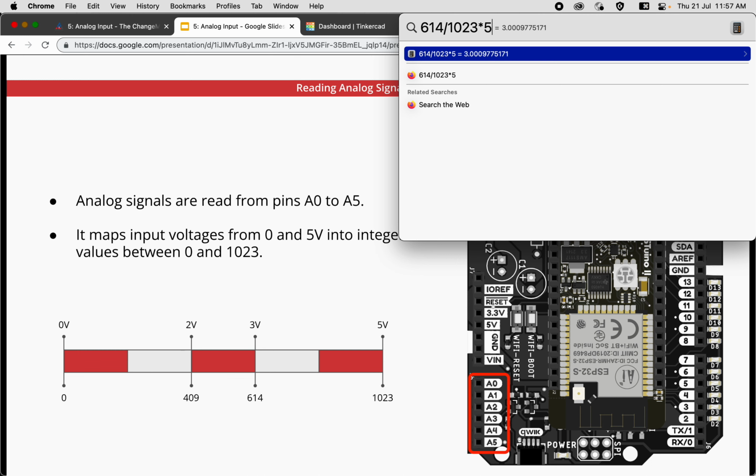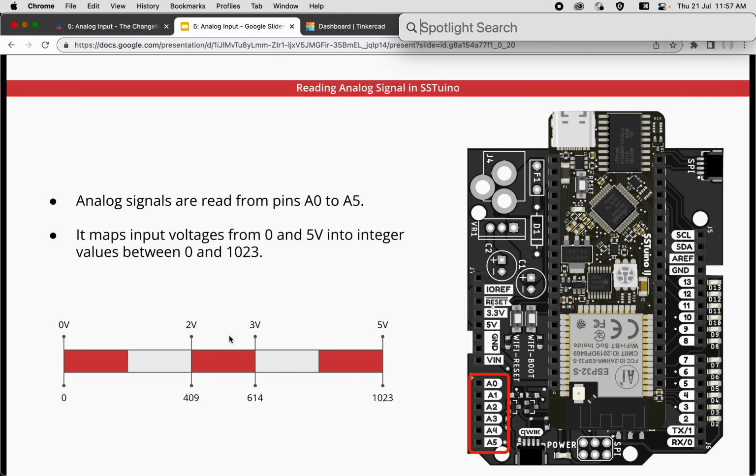You divide 614 by 1023, which is the total, so you get a ratio, then multiply by 5 volt, and you convert it to 3 volt. So we know that when the reading is 614, it is actually 3 volt. That is how you convert readings to voltage. Next,